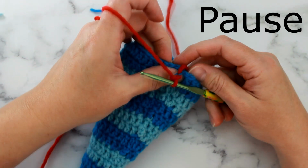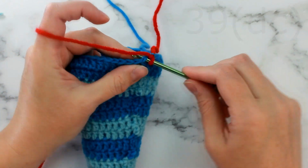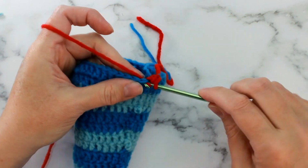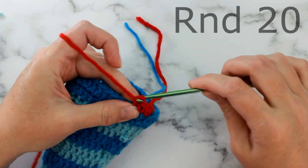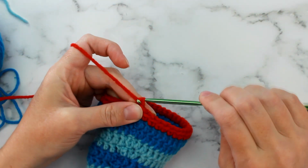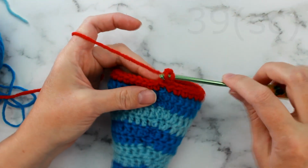All we're going to do is switch to the color red. We're going to chain 1, and then we're just going to single crochet in each stitch around for a total of 39 single crochet stitches. So go ahead and pause the video, work those single crochet stitches, and I'll meet you back here for round 21. For round 21, we're going to start by chaining 3, and now we're going to work a front post